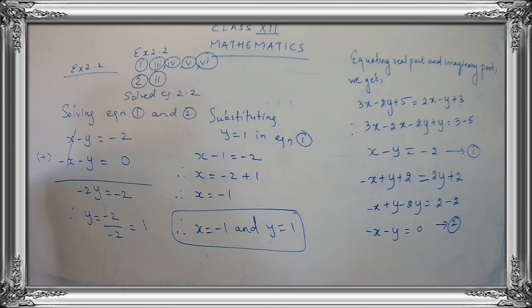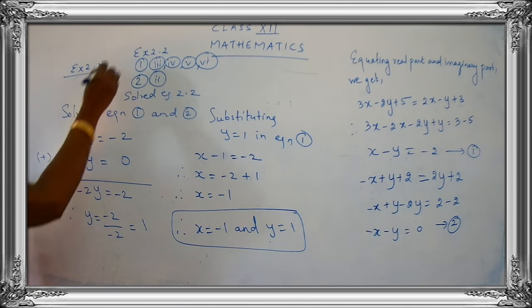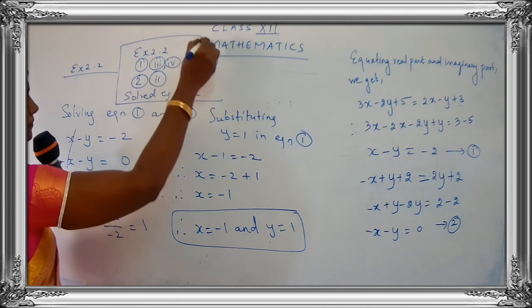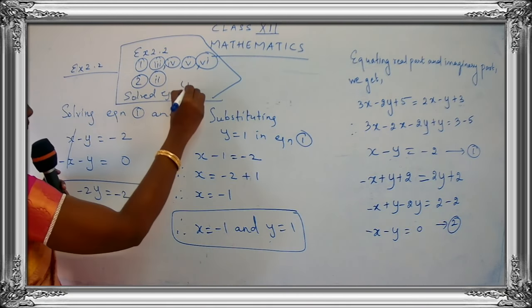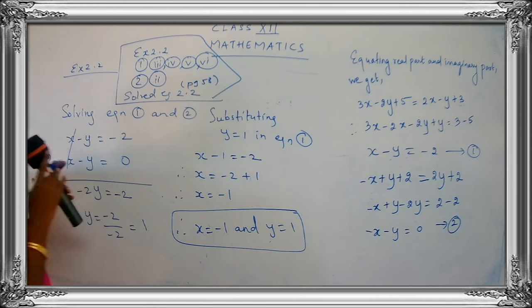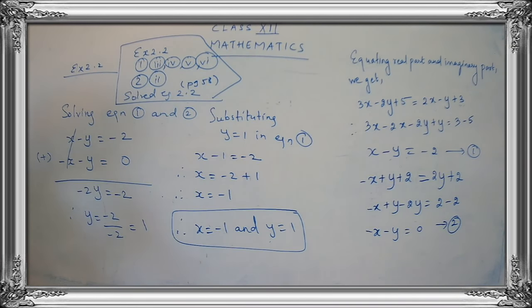Nobody is just going to copy the question. I give you the solved example so that you can work it out and be ready with your answers. So, try out and be ready with the answers. So, this is your homework part. Solved example 2.2, that is page number 58. Complete the homework. So, we will be continuing with exercise 2.3 in the next class.